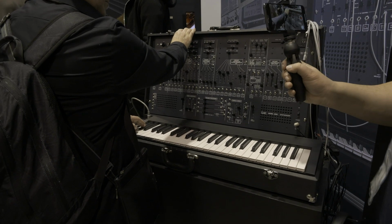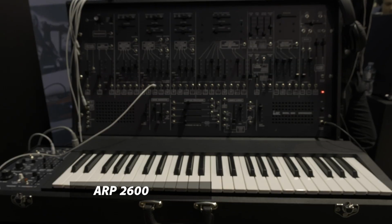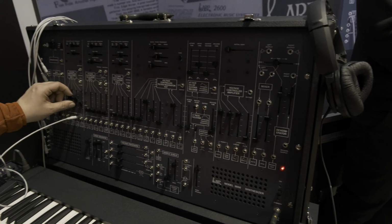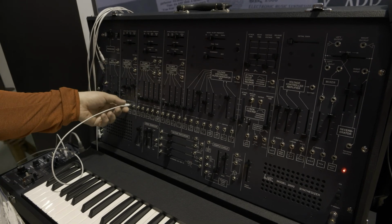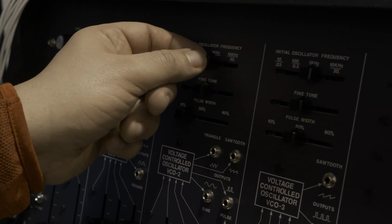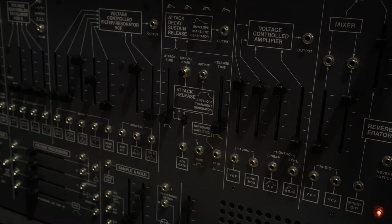One of the most anticipated pieces of new gear this year is Korg's recreation of the ARP 2600, a versatile and incredibly powerful analog synth that helps shape the sound of music and soundtracks from the 1970s to this day. Of course, Korg made sure to retain all the important features that made the original a classic: 3 powerful oscillators, filters with fine-tuning sliders, as well as 2 envelope generators that enable you to further tweak your sounds to your